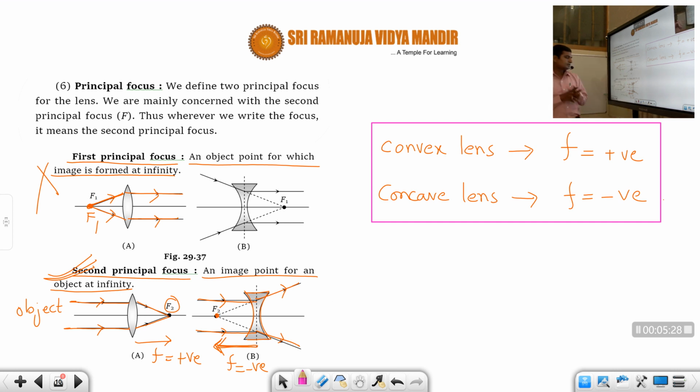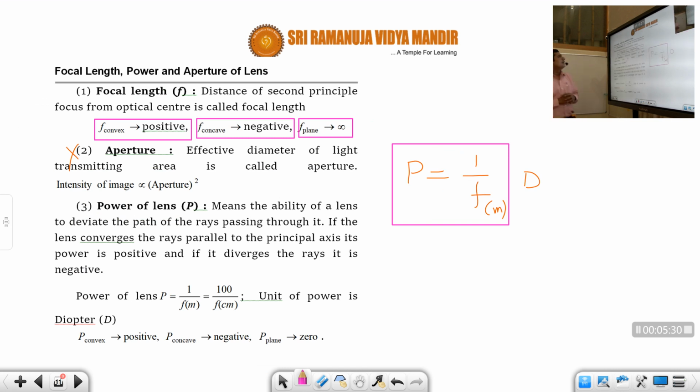Okay students, afterwards we have seen what is meant by focal length, power, and the aperture of lenses. Out of all of these, power is very, very important. All of you must know that whenever we go to a doctor, they check our eye power, correct or not students? That power is defined as the inverse of focal length,